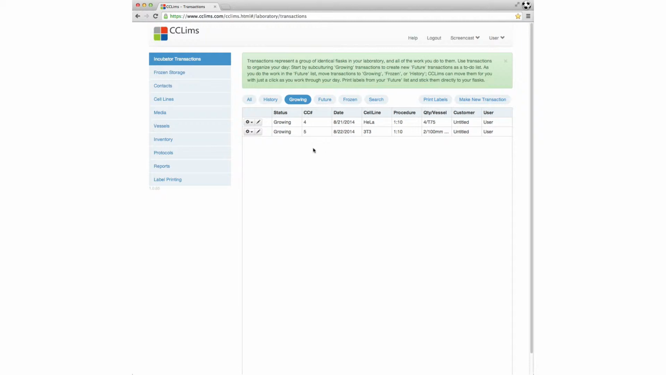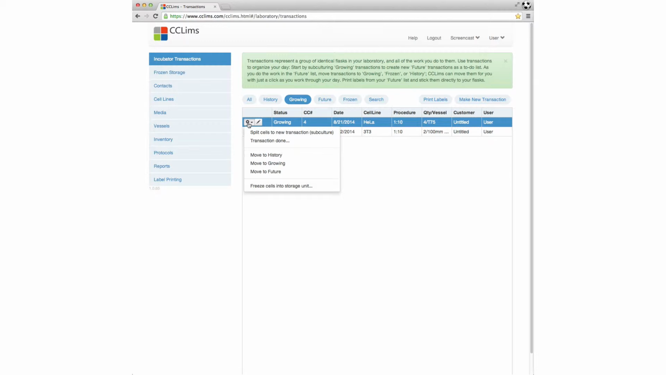This is the process you'll perform as you inspect your growing cells and prepare for your day's work. We've seen that our HeLa cells are getting a little bit crowded, so we want to subculture them to a new transaction. So we'll click the gear menu and select Split Cells to New Transaction. As you can see, the CCLims has given us a new future transaction with a cell culture number of 6